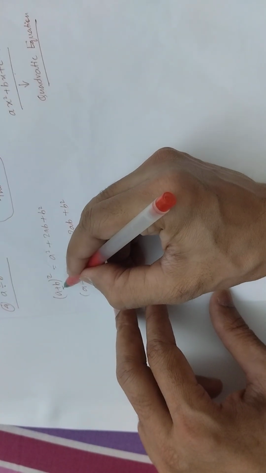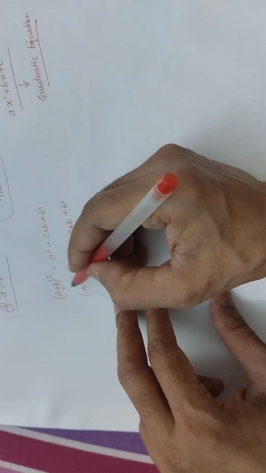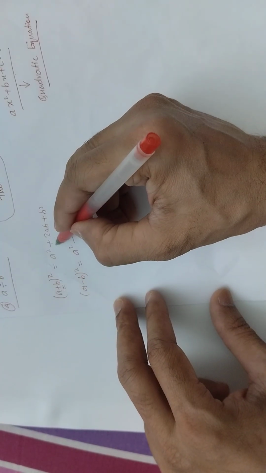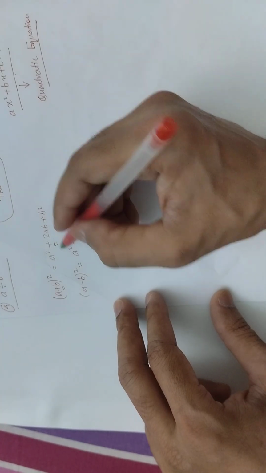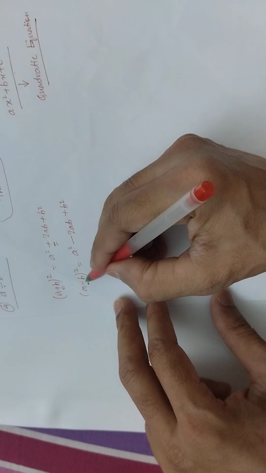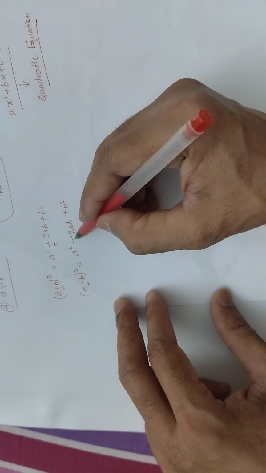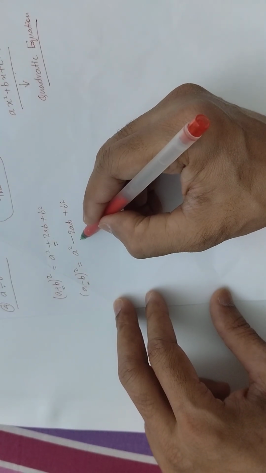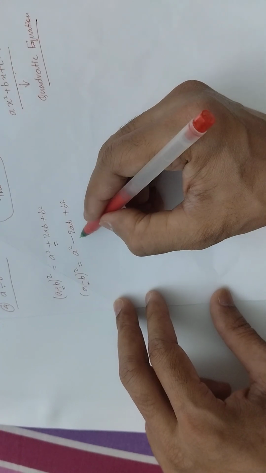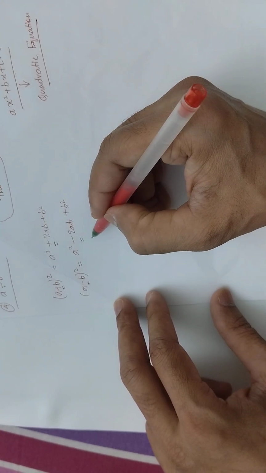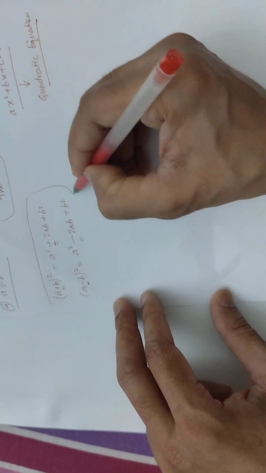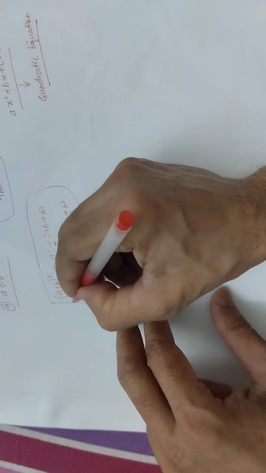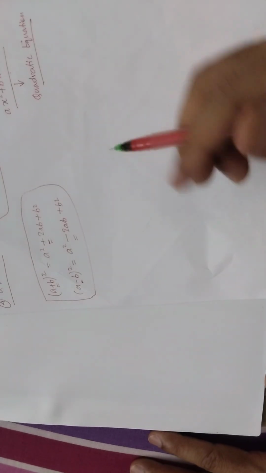Now, if you notice, when the sign is plus here, the sign in front of 2ab is also plus. When I change the sign here from plus to minus, the sign upon expansion of this formula is minus. So it's not very difficult to remember these two formulas. We just need to remember the place of the sign, and we are good to go. Moving on,